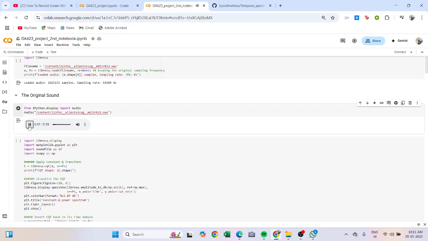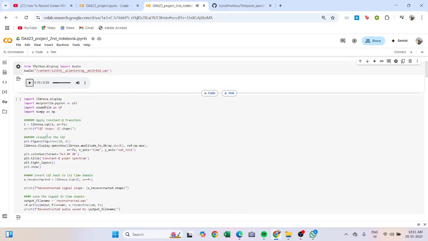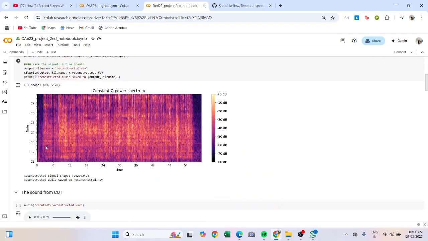This sounds more percussive, and it has transient attacks. Basically, it has short energy bursts, which is ideal for temporal resolution evaluation. For this one, CQT performed really badly,